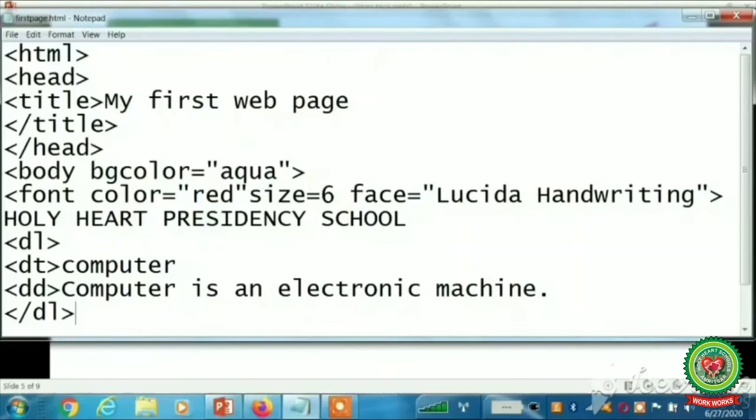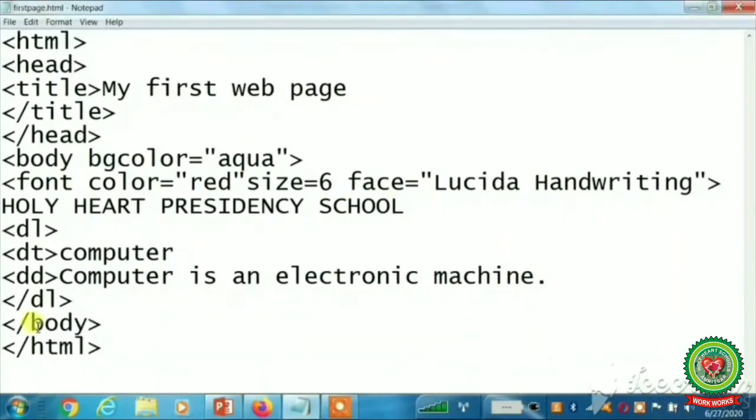So students, firstly I have started the DL tag, means definition list. In the definition list tag we have written the DT tag, that is definition term, and after writing the definition we have written the DD tag, that is data definition.